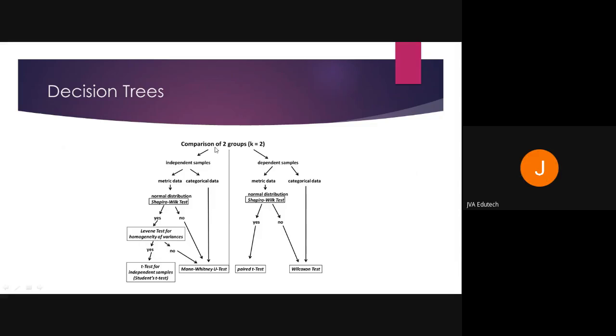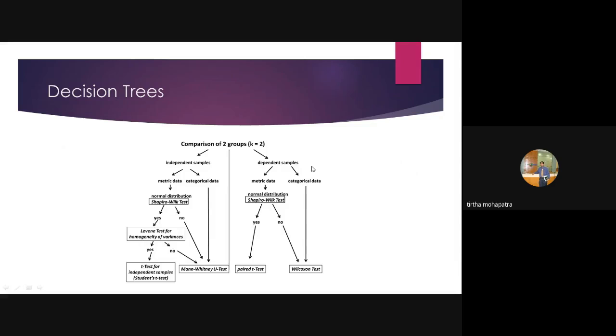There are two kinds of samples I'm taking: independent sample and dependent sample. See what we have in independent. Either you have no categories within your independent variable. If you have no categories, then you will go for one sample t-test. I hope you are aware of that. I did it on the first day of the module.